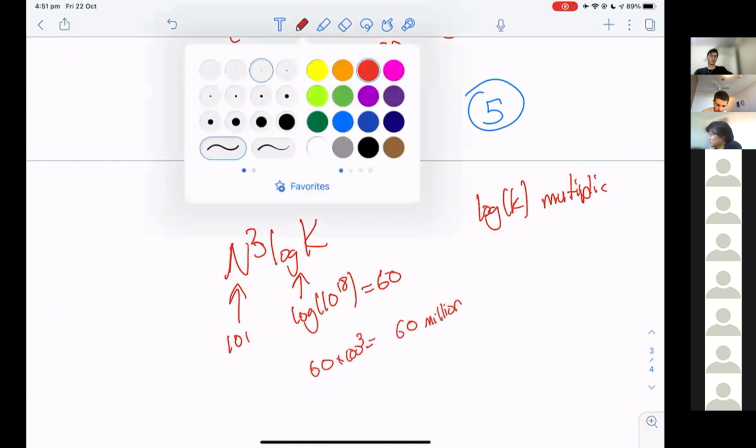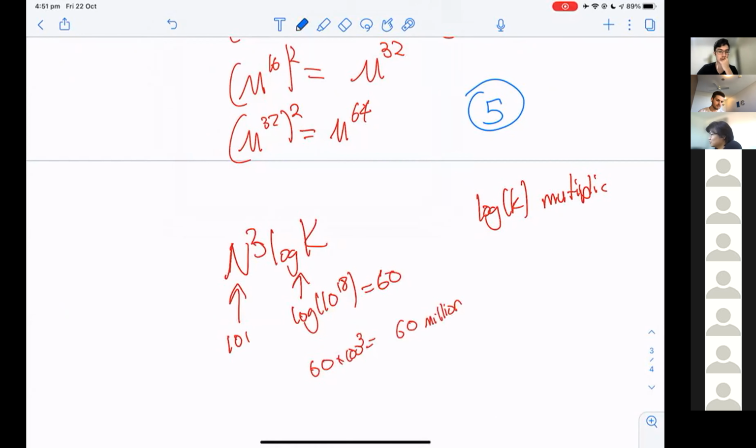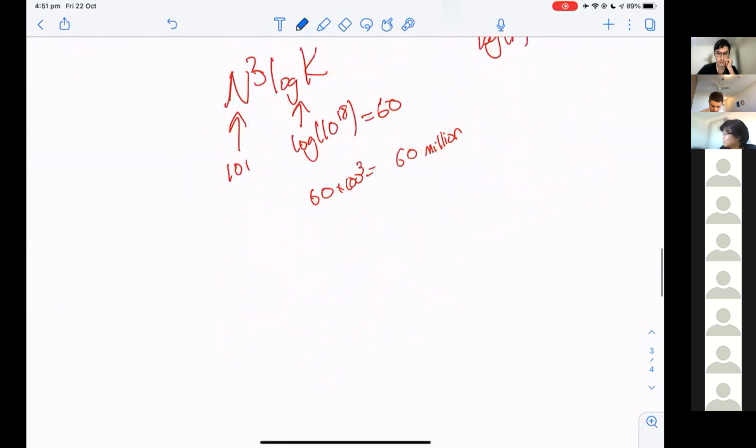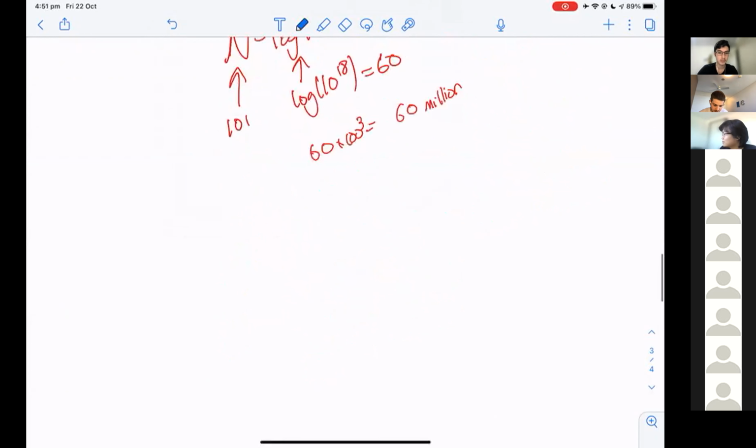We have our solution. What if k is not a power of 2? Well, we do a very similar thing, except we can go recursively and work out what multiplications we want to do. So let's say we want to compute m to the power of 50.